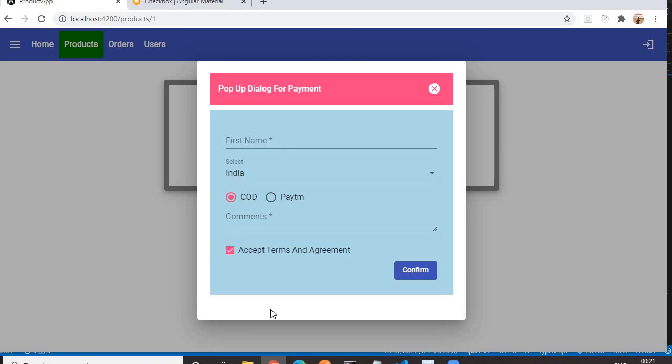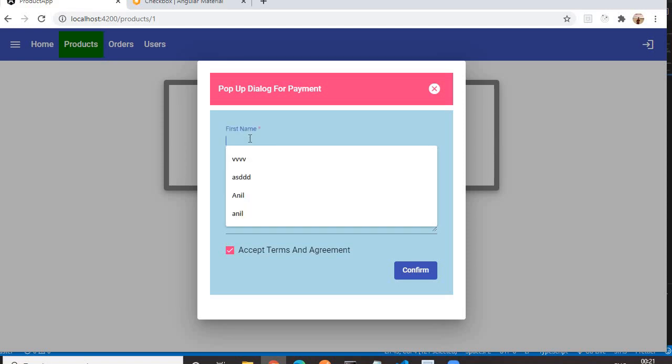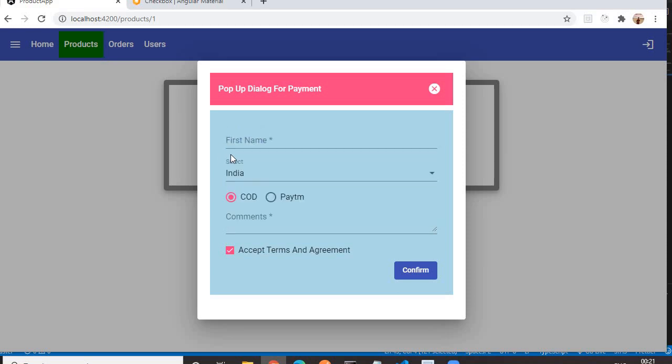But now if I want to put a new entry, I get focused on the first name. Without putting anything, I am going out of the first name, but we are not getting the required validation here because we have removed the validation after resetting. Same for the comment.